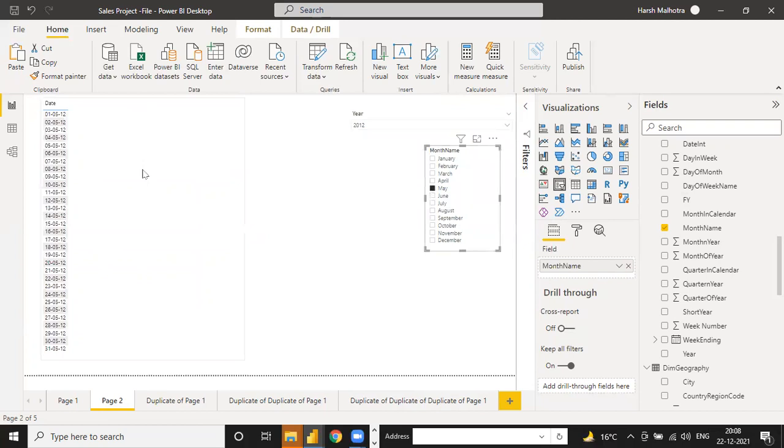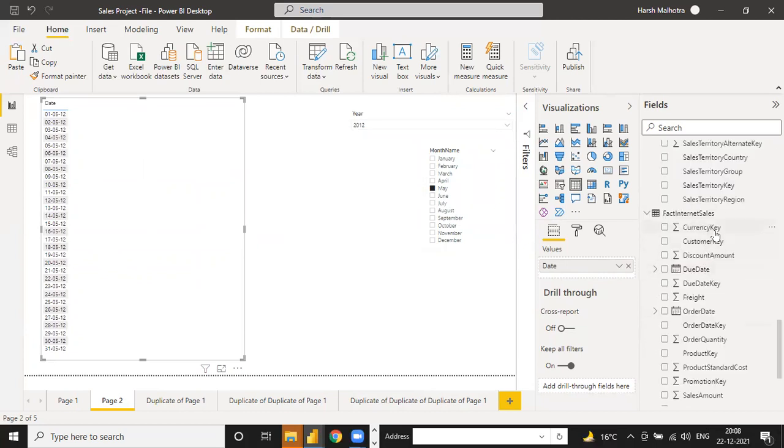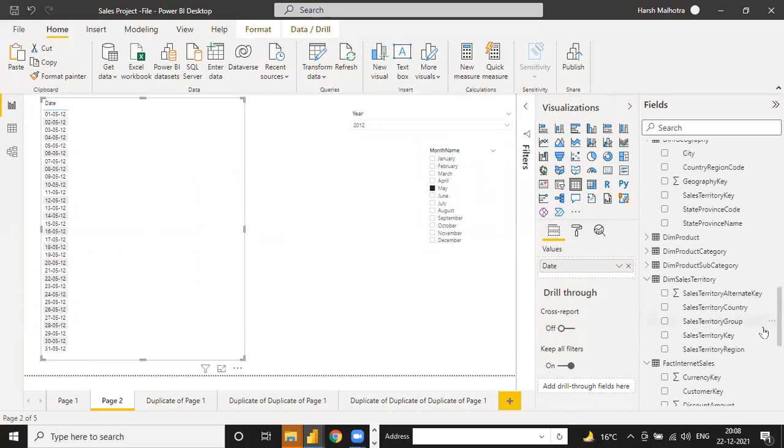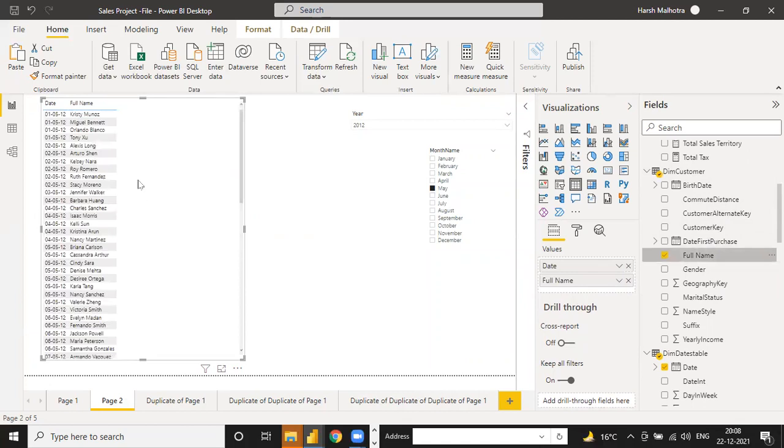If I click on this May, so May month. So select this table, and here if I connect customer, dim customer, first name, see full name. So select full name. Here is the full name wise data of the month of May only.